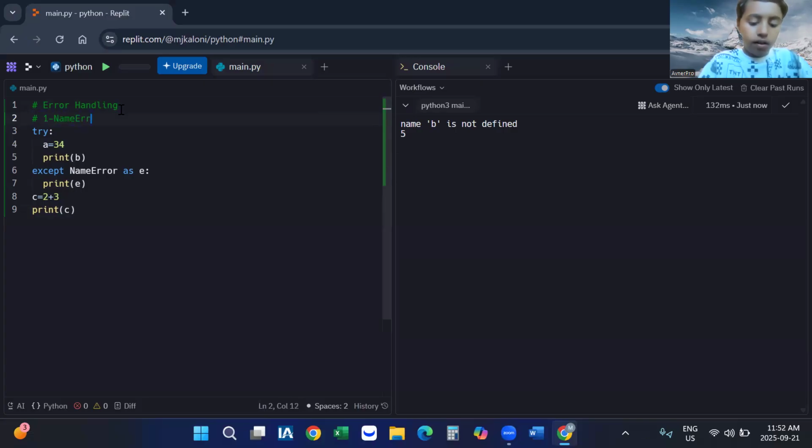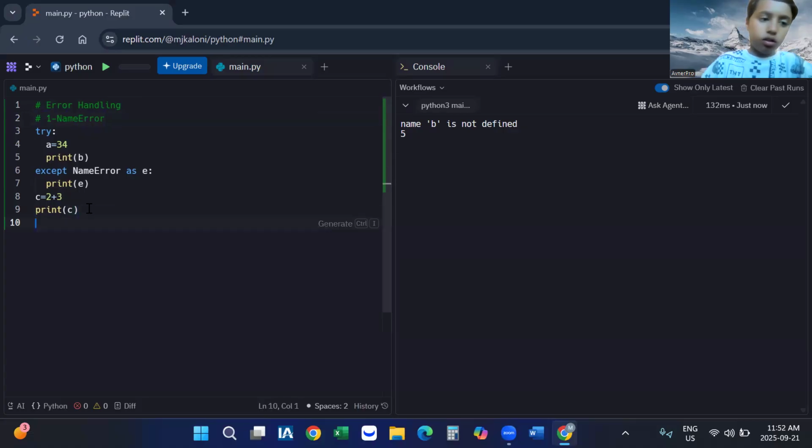Name error. Done. For number 2, value error. Okay, so for value error, what we do is, first, it's the same thing. Value error is like this. Okay? Here, I'll show you. So value error is basically